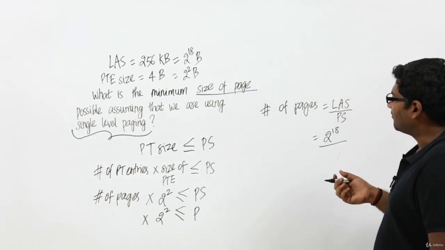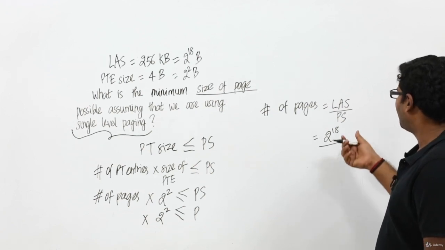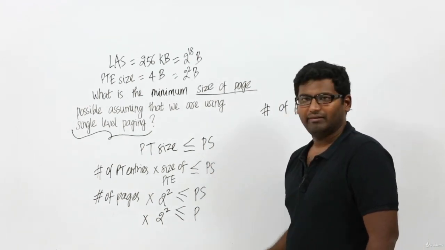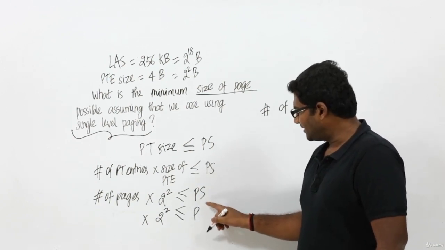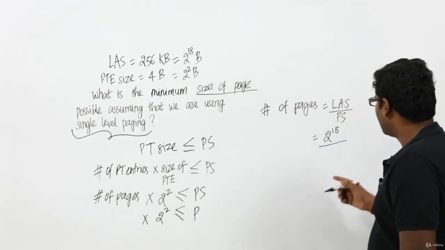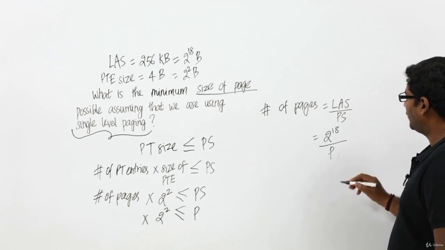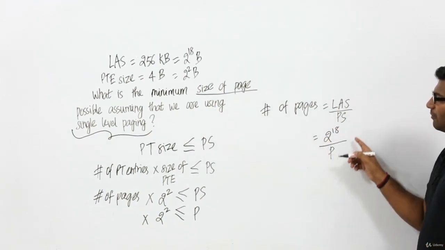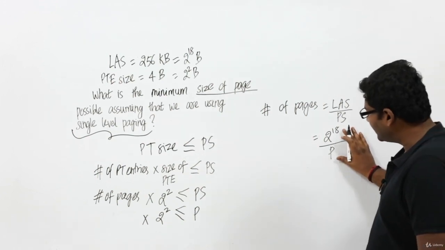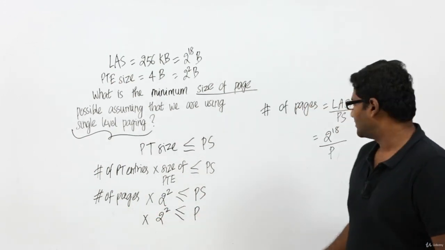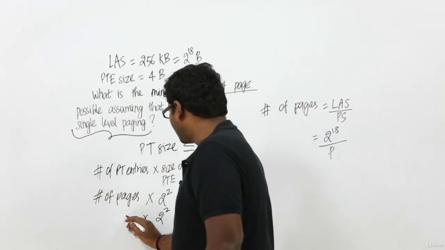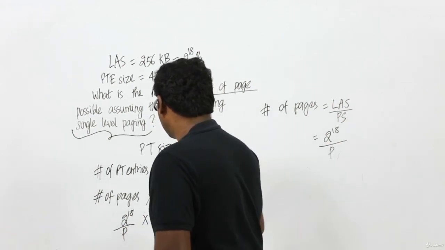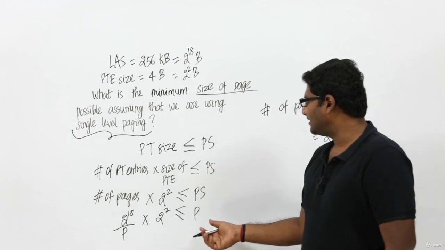They didn't give the page size, but we have assumed page size is P. So I am writing 2 power 18 divided by P. This is the total number of pages in our process. Now I am going to substitute this for number of pages, so it is 2 power 18 divided by P into 2 square is less than or equal to